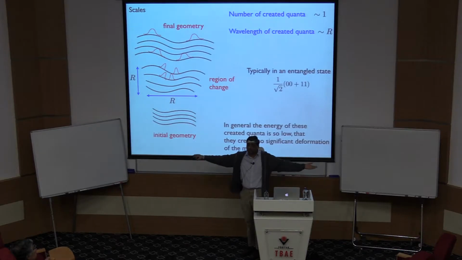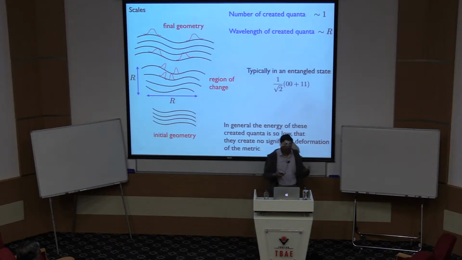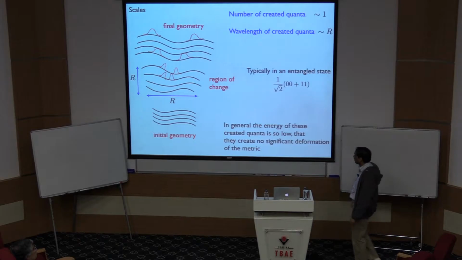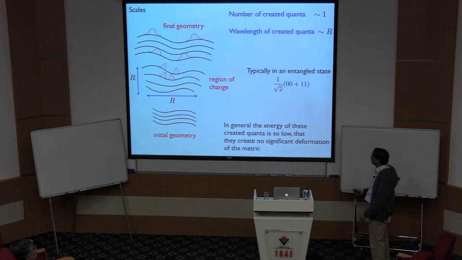So if you take a 3 kilometer metric region, which changes in a time scale also of the same order, the light crossing time of 3 kilometers, by order 1, it creates of the order of 1 particle pair. What will be the wavelength of the created particles? There's only one scale in the problem, r. Okay, so 1 particle pair whose members have wavelength of the order of r is created when a space-time region of size r changes by order 1. Okay, that's the basic physics of particle creation in curved space, and that's all we need to know, except for